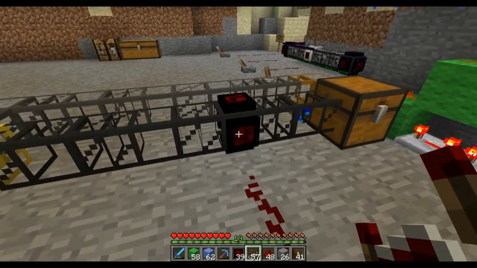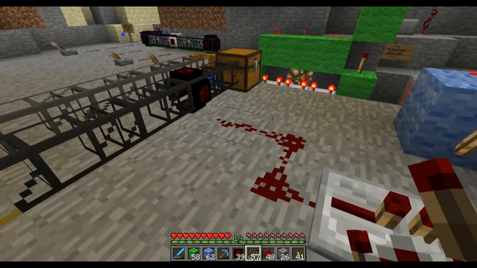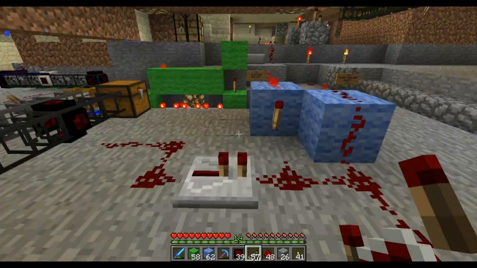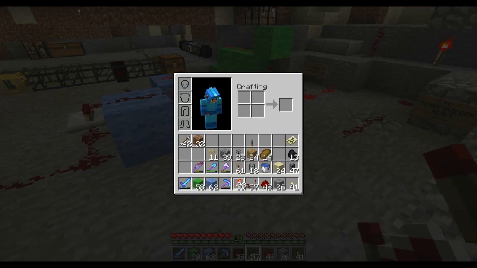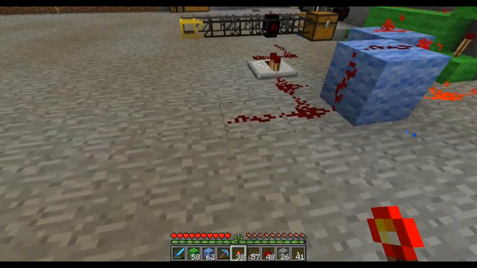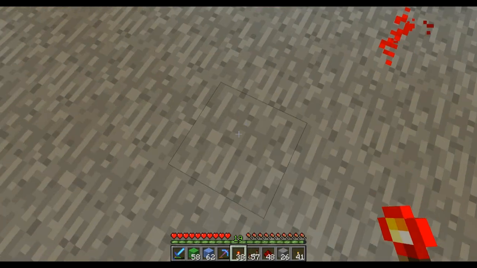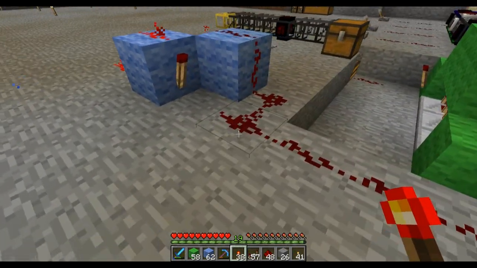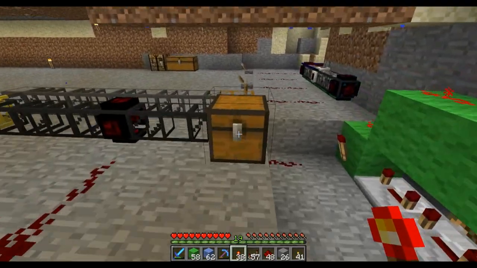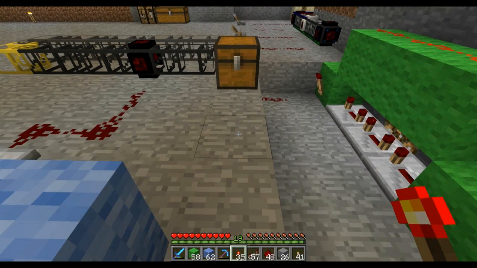segment instead. So if we right-click on this, we'll set it to send out a redstone signal when items are traversing, and then that will initiate the switch. So let's test it right now. In order to do that, we need to switch it back here. This also prevents redstone current from going backwards, which I like to do with repeaters a lot. And then we'll put it this way. Oh, we need to put something in the chest. Let's put a torch or so. Let's put like 3 torches in there, just for fun.